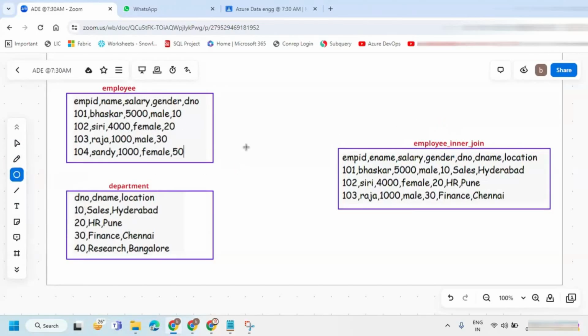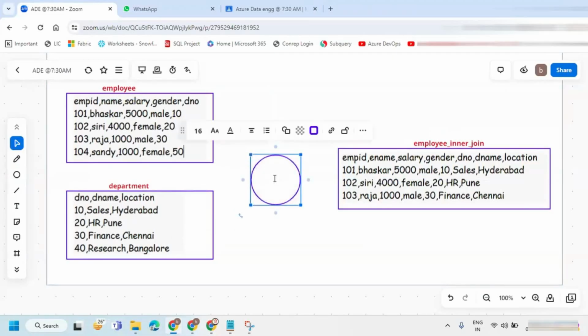So here we're going to use the transformation called join transformation.